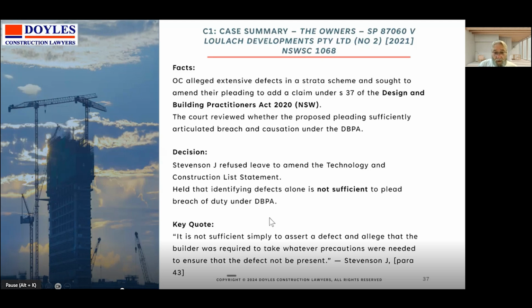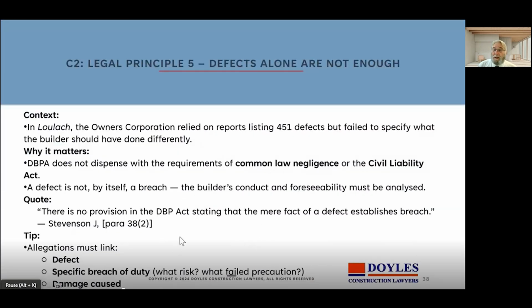So it's an important case, and what it's led to in the Supreme Court is a very intricate set of pleadings where you have to plead each particular risk, whether it was foreseeable, whether he could control it, what were the consequences, and how it led to the damage. And the circumstance, it's somewhat of a brake on the claims that can be made, because you must articulate that to get a claim up.